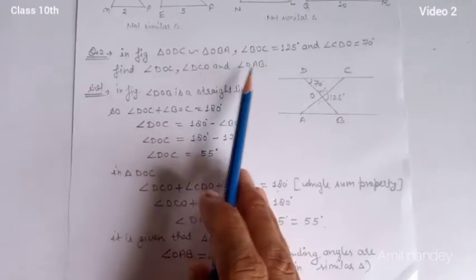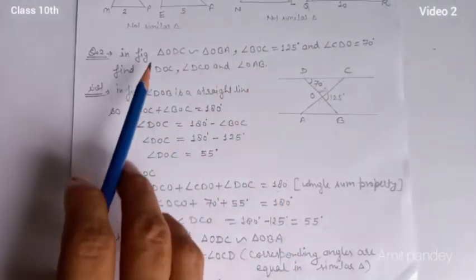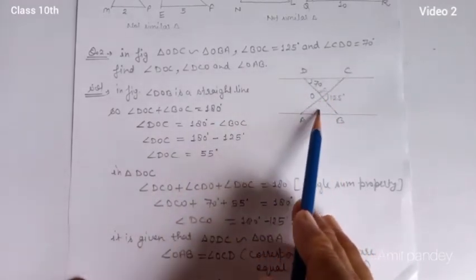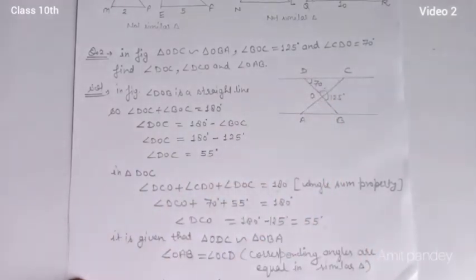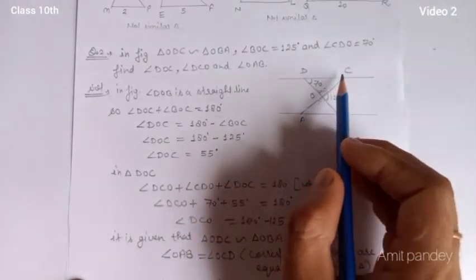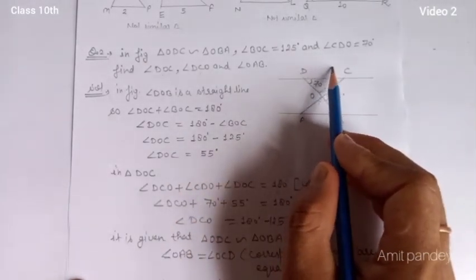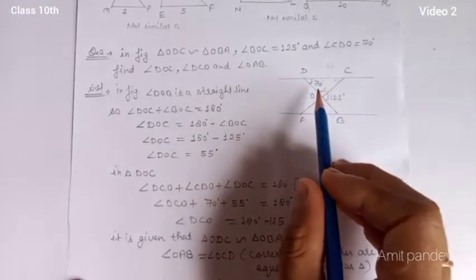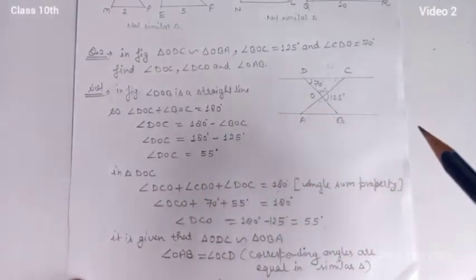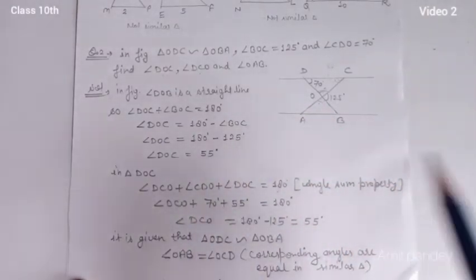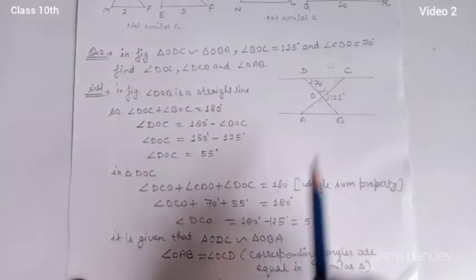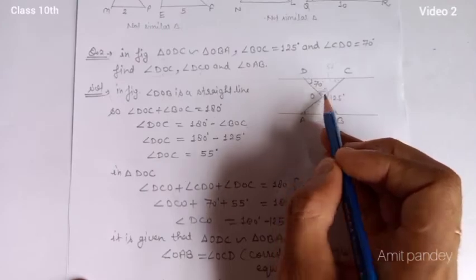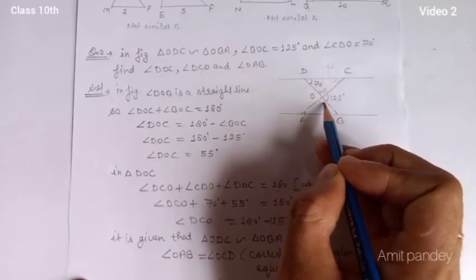Now the third angle, OAB. So students, it is given that triangles ODC and OBA are similar, means this triangle and this triangle both are similar. So as you know, in this triangle this angle is 55. Okay, this angle is also 55. Now by this property, as you know that if two triangles are similar, their corresponding angles are also equal, and we have to find this angle. So here if it is 55, this is also 55 by the vertically opposite angle.